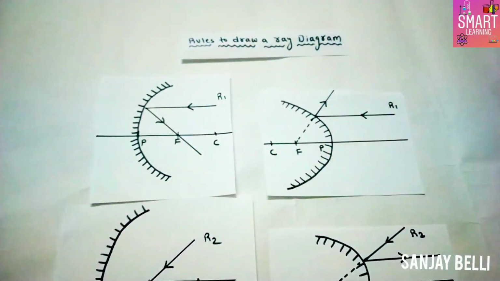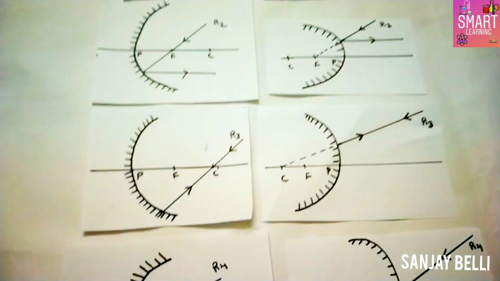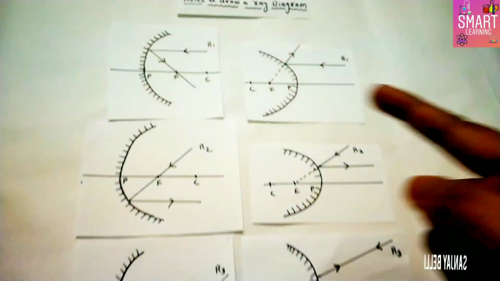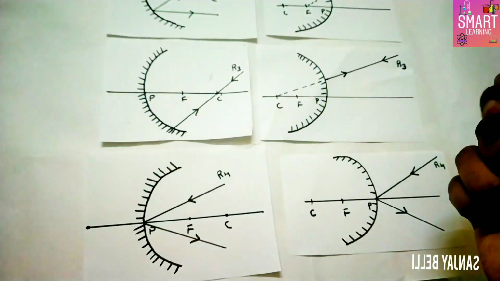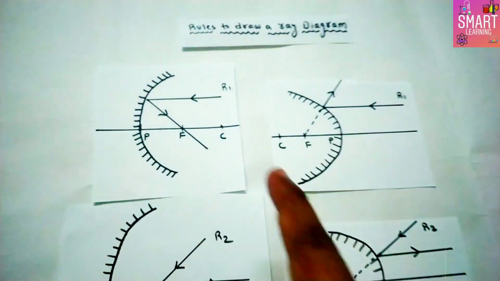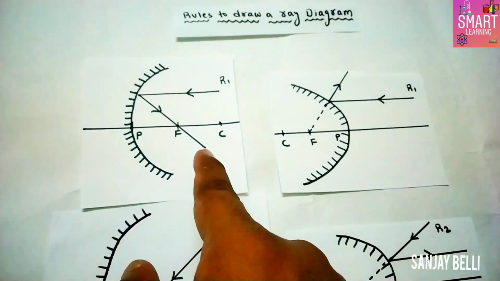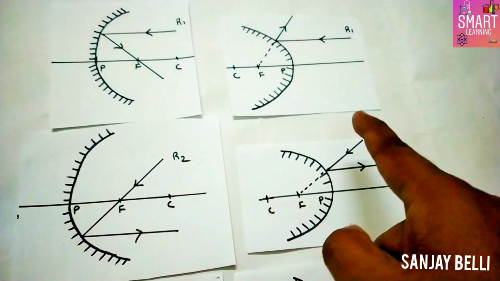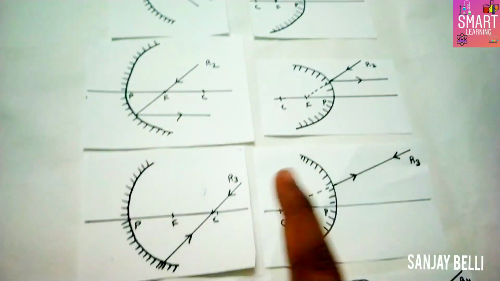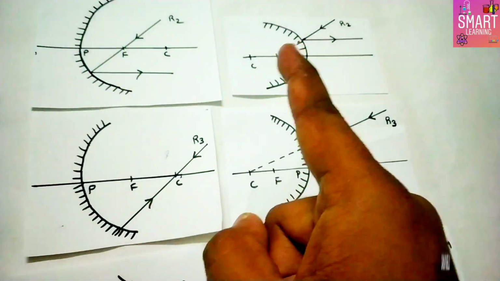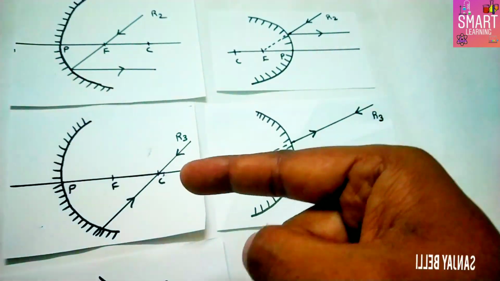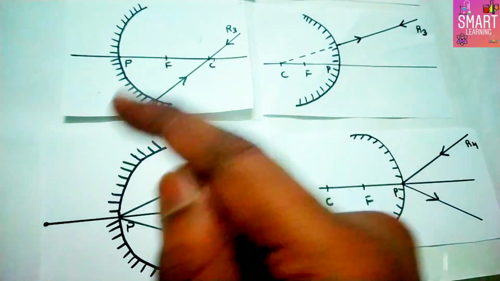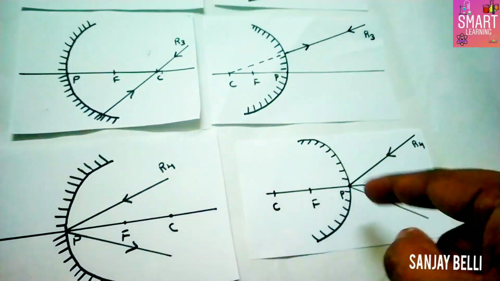So these are the four rules which you can observe for your concave and convex mirror. If you want to represent any ray diagram by using these four rules, we can draw it. Okay, so this is very simple to represent. The first rule: parallel to principal axis, passes through focal point. Next, passes through focal point, parallel to principal axis. And third one, passes through center of curvature, reflects through center of curvature. The light ray falling on the pole at a certain angle will be reflected back with the same angle.